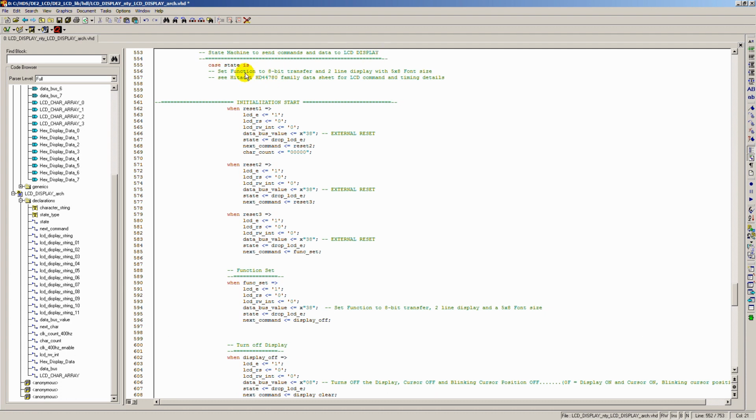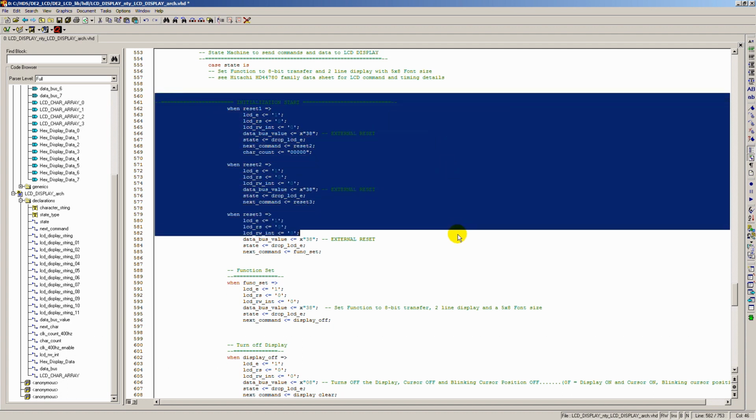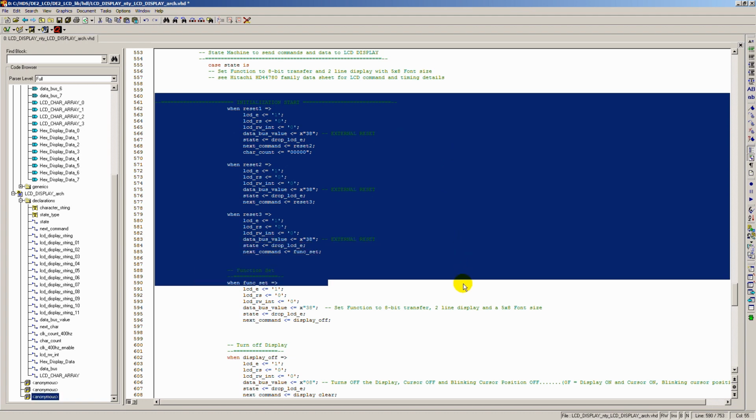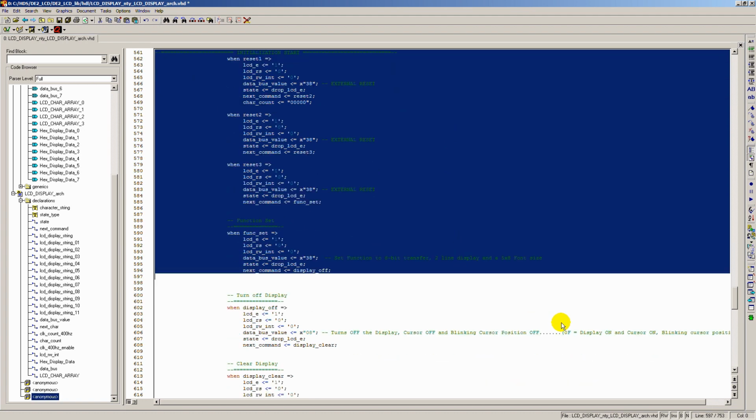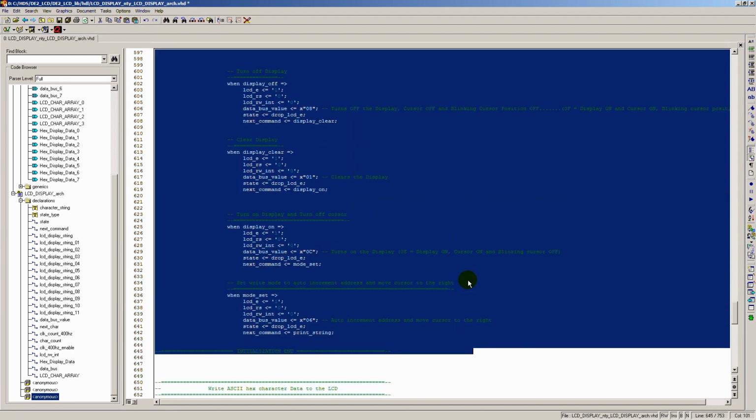But here we're moving into our actual state machine that's used to map our hexadecimal values on our data bus and our control signals on the LCD: enable, LCD register select, and the LCD read-write line. And as you can see here, this is where our initialization sequence begins, and this whole process of 8 different states, all 8 of these are part of the initialization